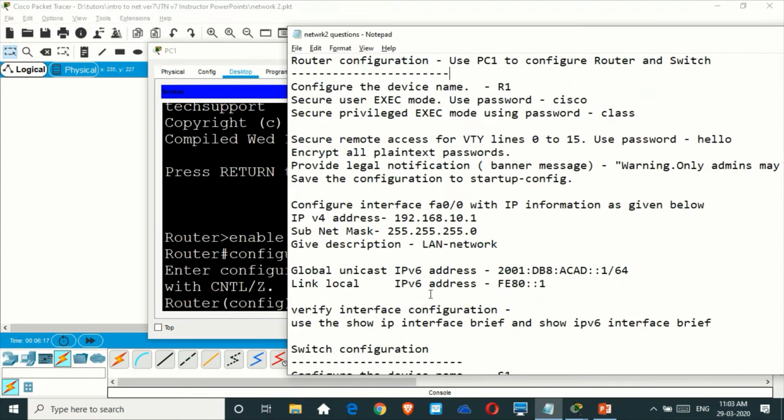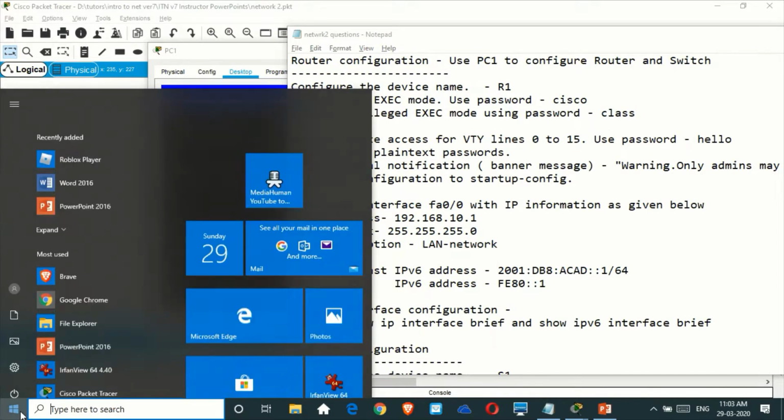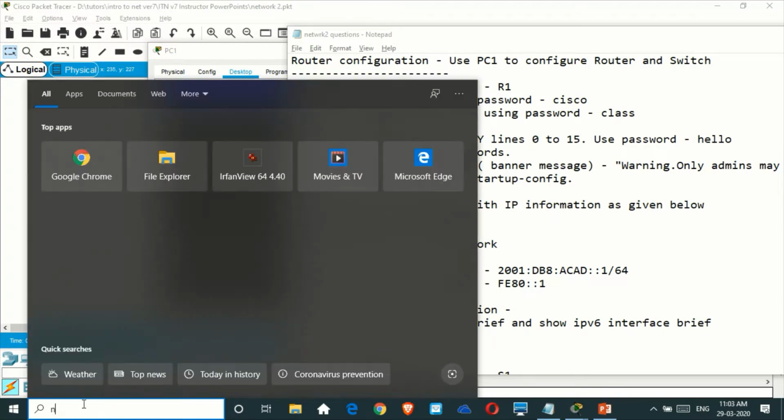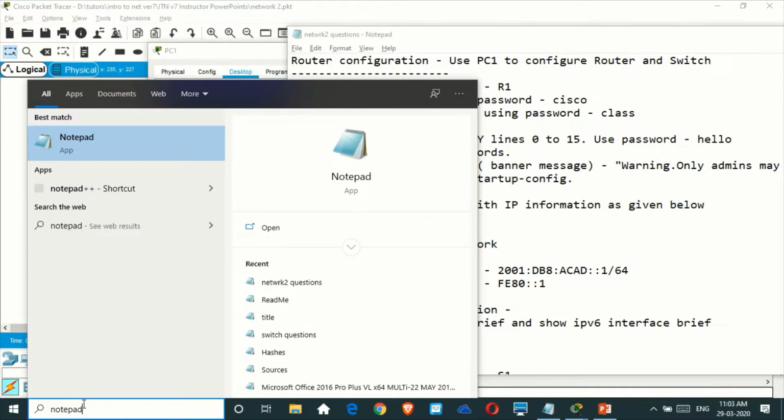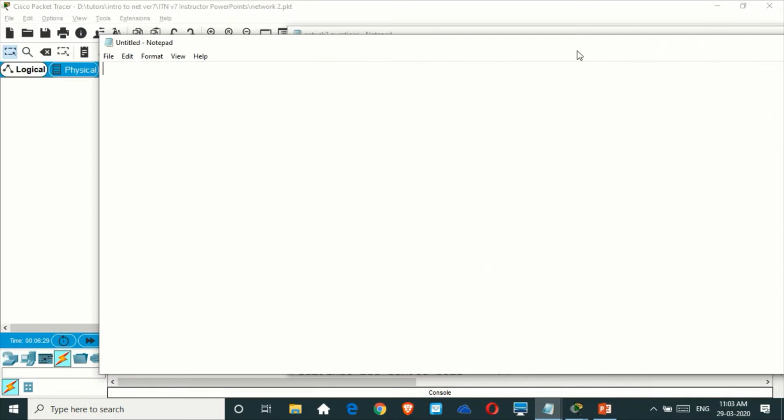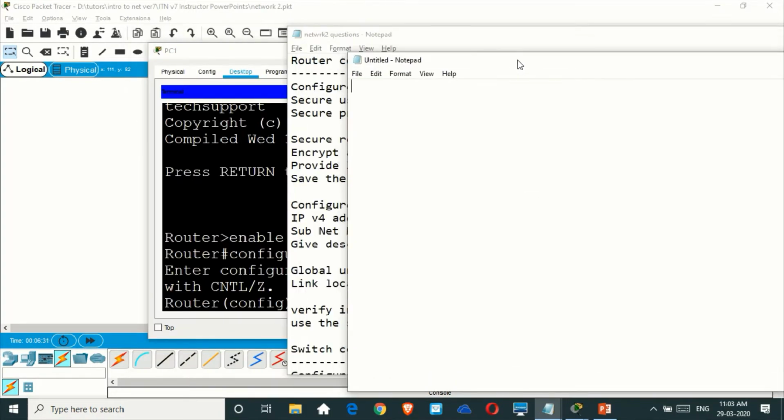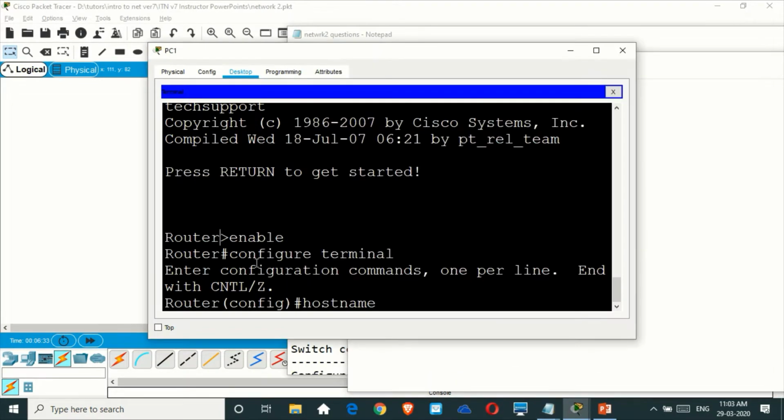So what we will do is that we will open another notepad, and we will try to enter the commands here so that whichever commands we are entering in the notepad, we'll just copy and paste into the router and the switch. You can do it in any way, you can directly enter through the terminal, or whichever commands you are entering here, just copy and paste it in another notepad file, which will be easy for you if you want to copy and paste the same commands in the switch also. Anyway, we'll just do it here and then we'll copy it from here.